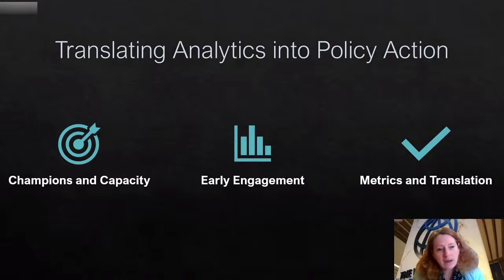The first is to have both champions and capacity in governments to participate in the process of formulating, taking a policy challenge and formulating a research or analytics question, as well as interpreting and translating the results from an analytical process, be it machine learning or other analytics, into policy and programs. As we all know, that's part art and part science, but without having a champion in the government and the capacity in the government so that the results that are presented can be internalized, it's very difficult and we see